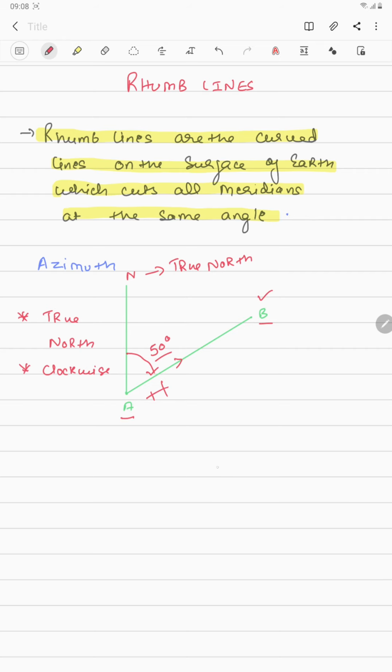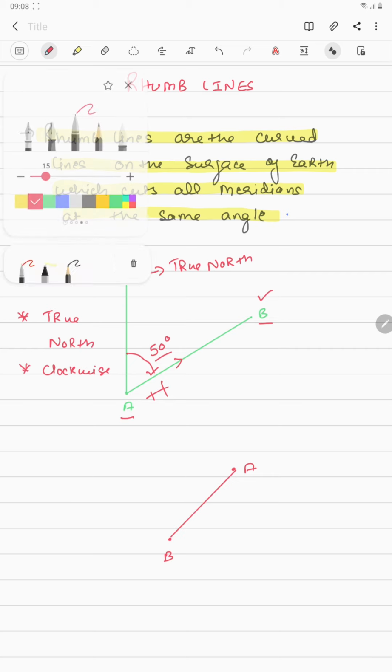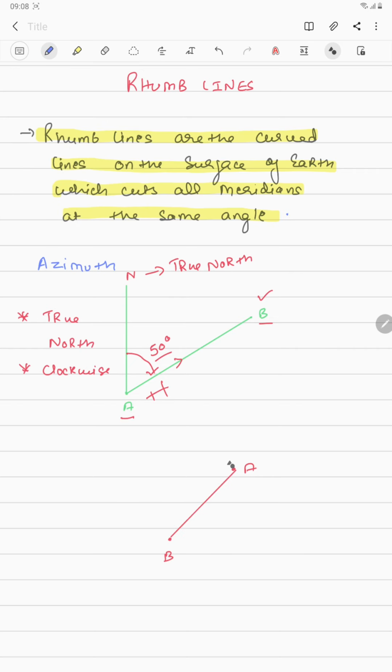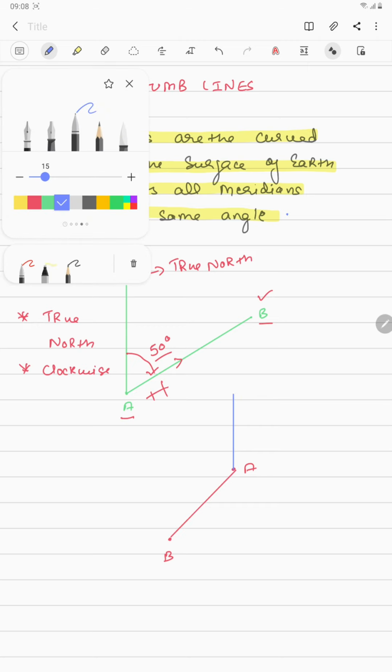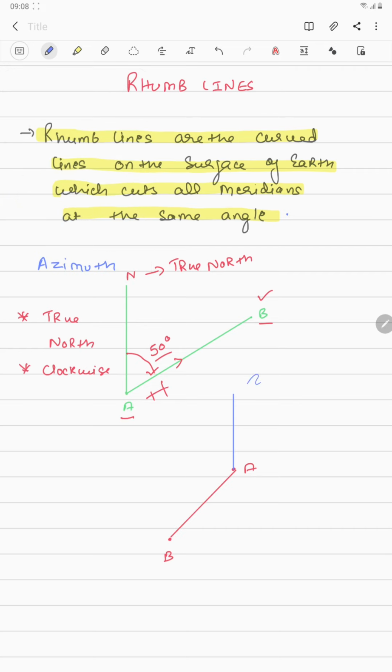So let us take some different example, guys. Suppose this is my point A, and suppose this is my point B. So let us just draw one line between A and B. Okay, and suppose, guys, this is my true north, and I'm going to pick up a point from the point A. I'm going to change the color so that you understand better. So suppose this, from my position, is the true north. Okay, so I'm going to mark it up. So this is the true north.